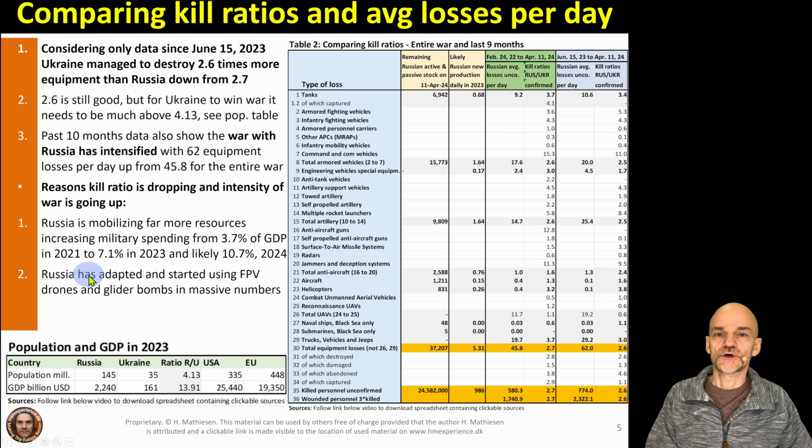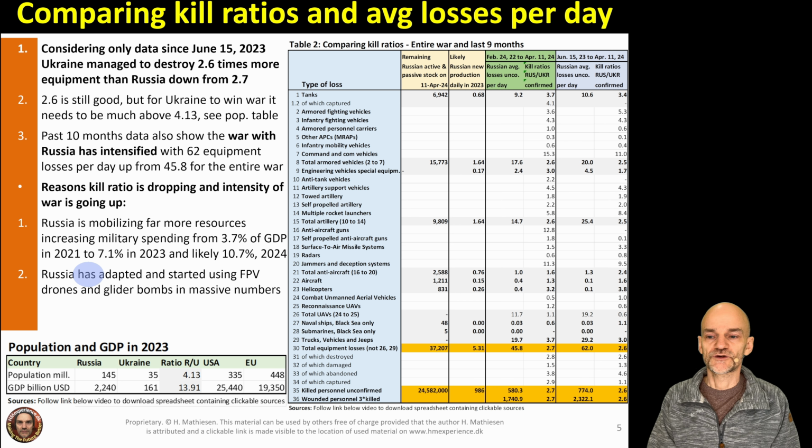And in the beginning of the war, I can say that Russia didn't have any FPV drones, but Ukraine in the beginning of the war quickly started to use what they could use and what they had the resources to use, and that was these FPV drones, and they had a lot of success with that.